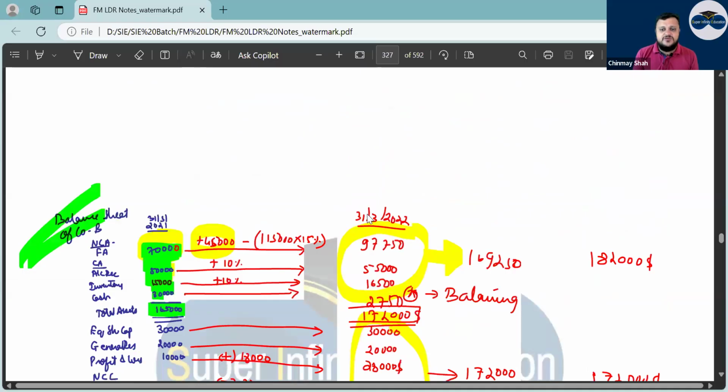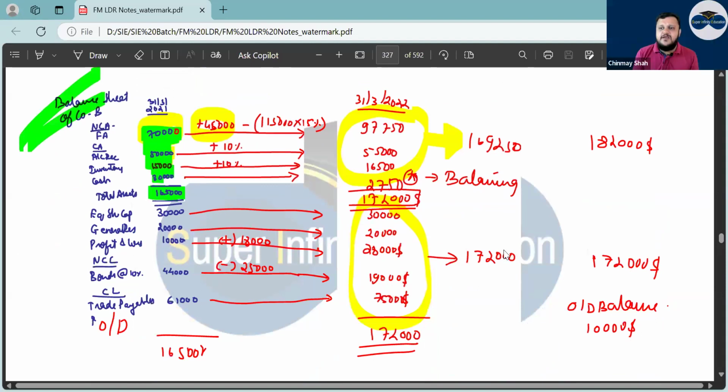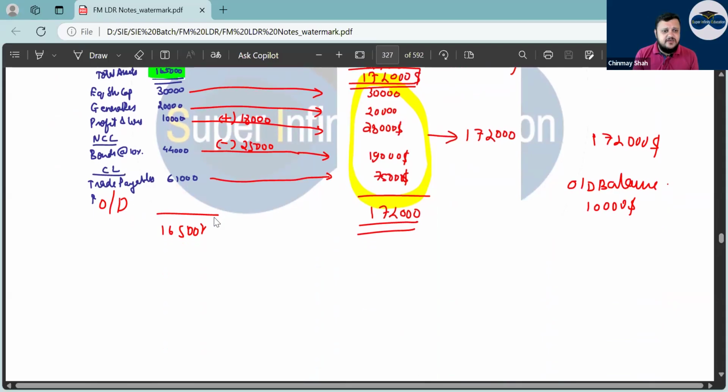Cash, so you have to find out, so you keep it as balancing. At the end, it is either what? Tell me. Either what? Tell me. It can be the cash balance or OD balance, right? If the liability side is lesser, then it will be an OD balance. If the asset side is lower, right, it will be what? Tell me. Cash balance. So accordingly, you write the OD balance, correct? And go.